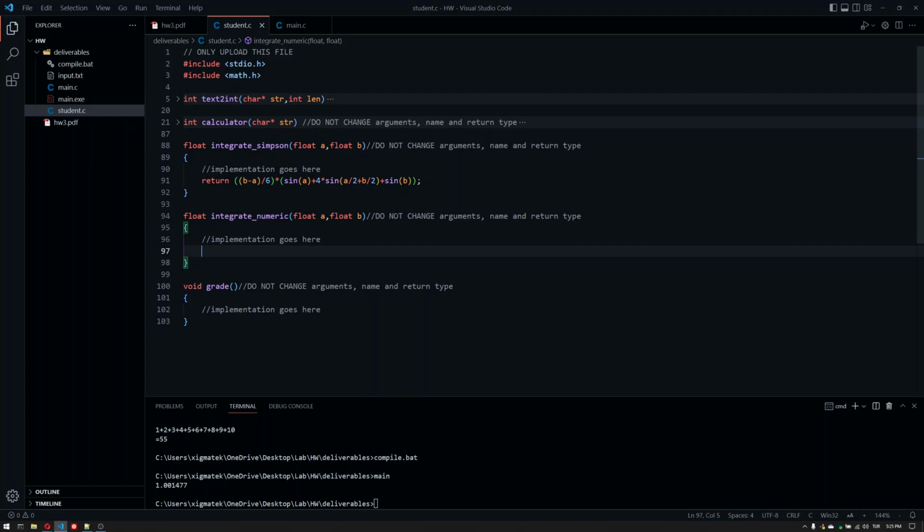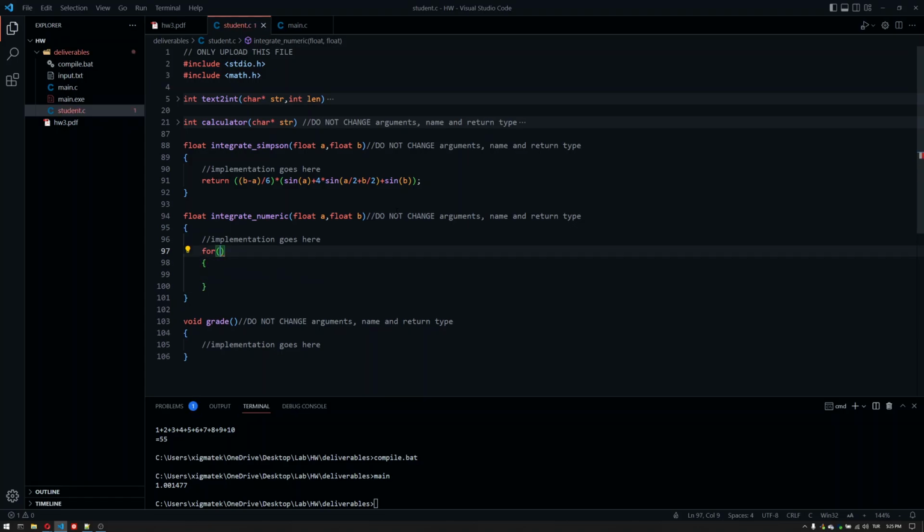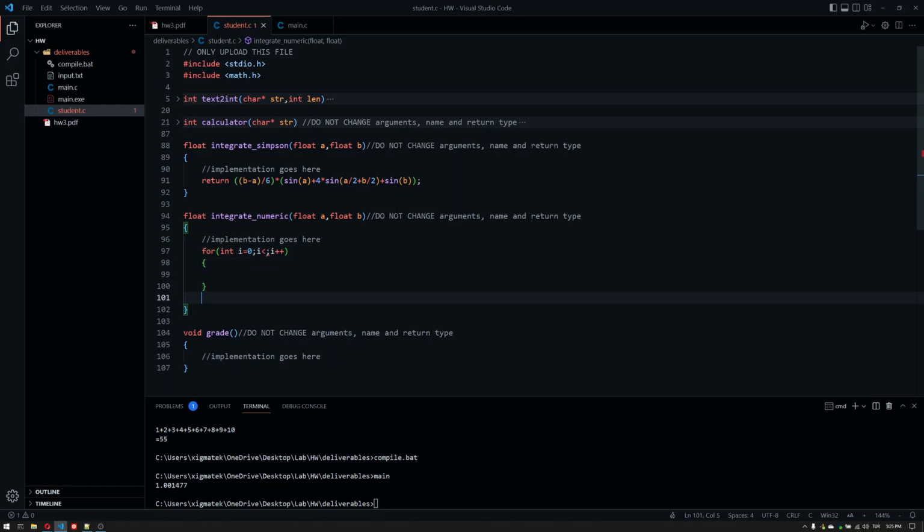For the numeric version, we will use a for loop. So let's write a basic for loop first. Why we need a for loop is because of the rectangularization of the signal. Let's assume we have a certain signal, in this case a sine wave. Now what we are going to do is split it in vertical lines, and then we